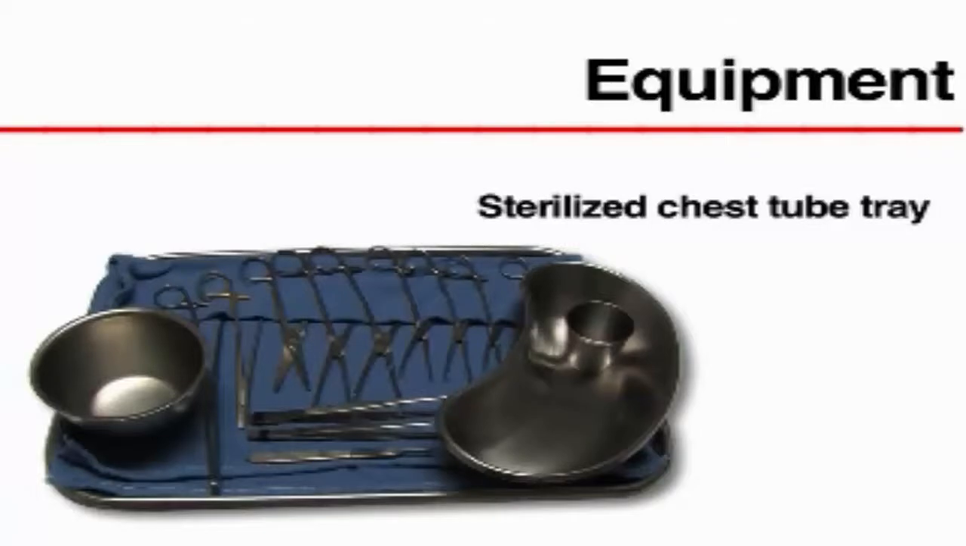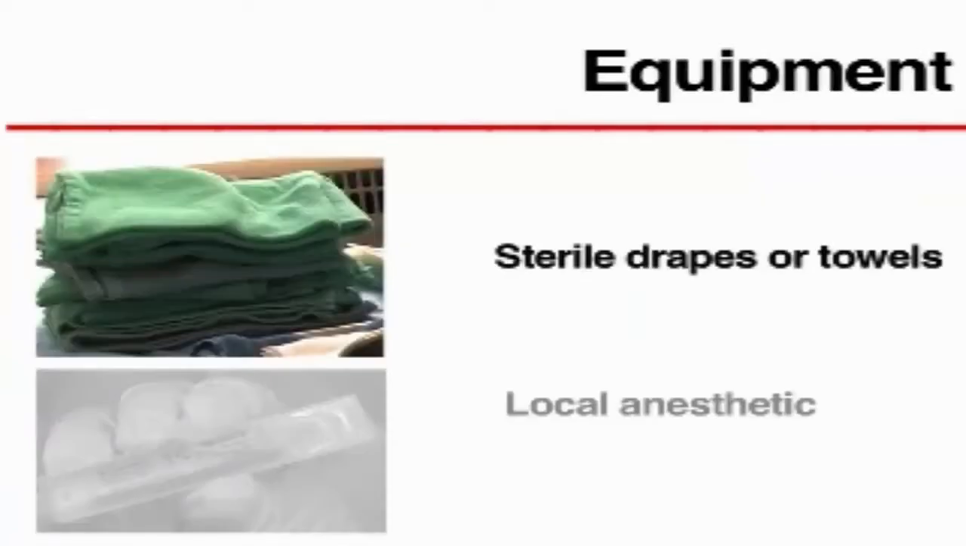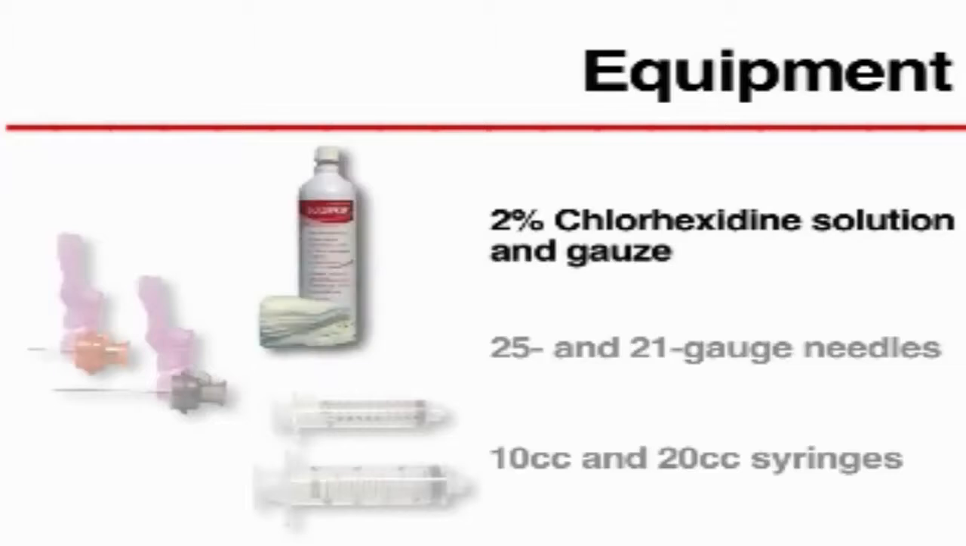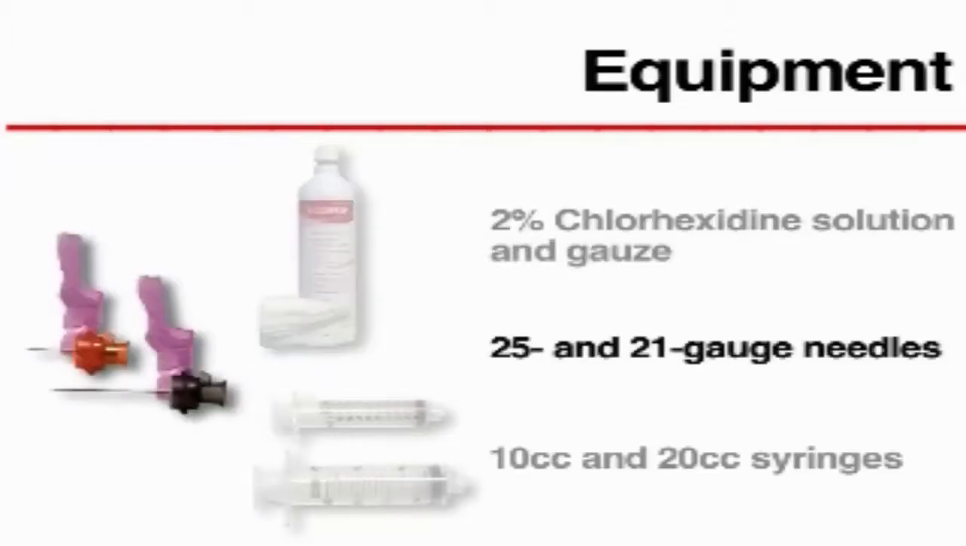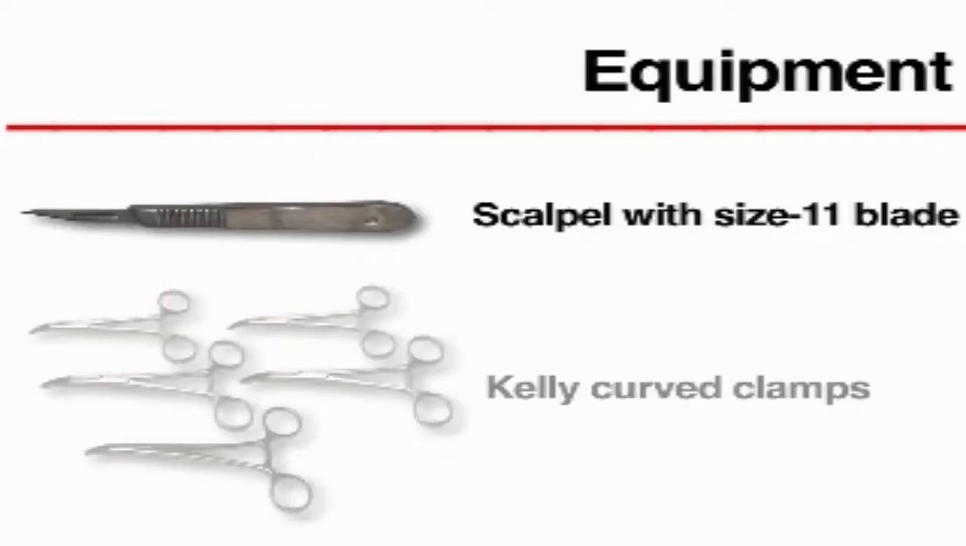Sterilized and fully prepared chest tube trays are often available in the hospital. The key materials required in addition are a sterile gown, mask, and gloves, sterile drapes or towels, local anesthetics such as 1% lidocaine, chlorhexidine cleaning solution and sterile pieces of gauze, 25 and 21 gauge needles, 10 cc and 20 cc syringes,